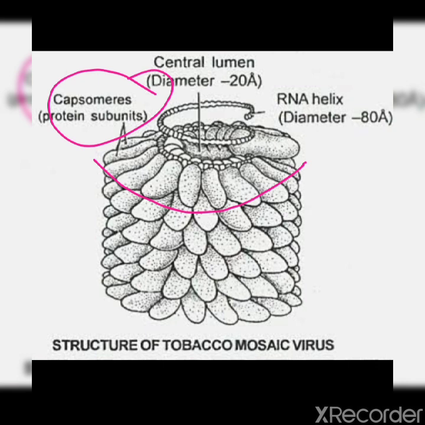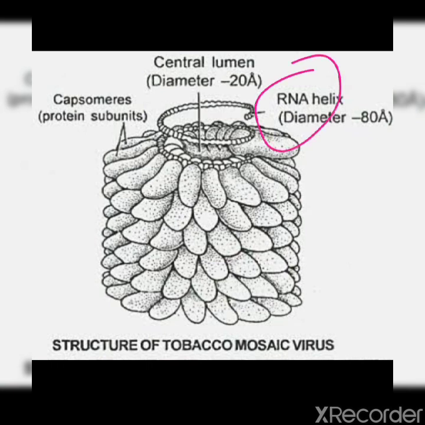And these subunits are helically arranged around a central single-stranded RNA molecule. You can see this. Clear, children? This protein coat, the capsid, is made up of subunits known as capsomeres, which are helically arranged around a central single-stranded RNA molecule. The genetic information which is necessary for the formation of a complete tobacco mosaic virus particle is contained in its RNA. It is possible to remove the protein coat from RNA, and the naked RNA is capable of